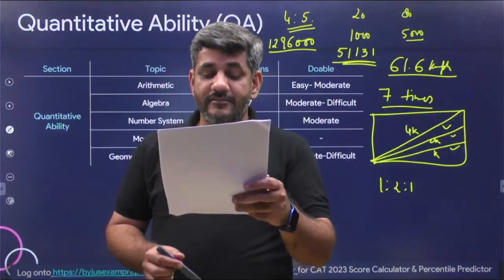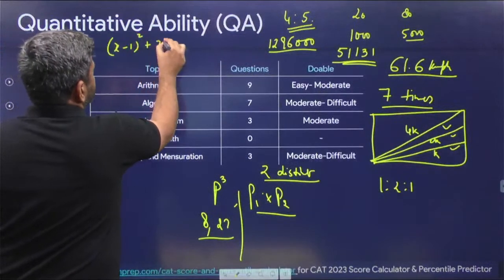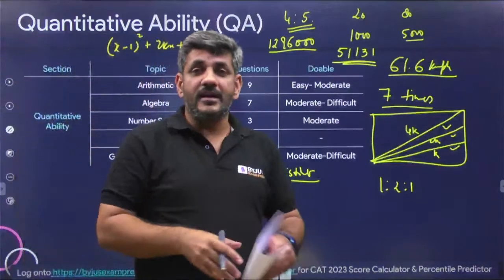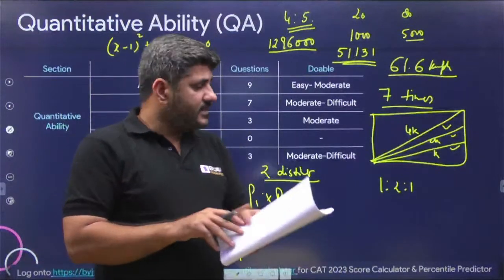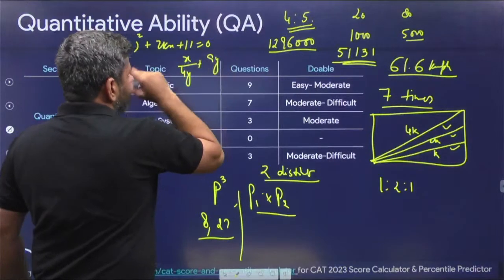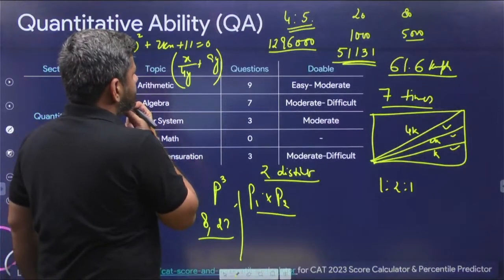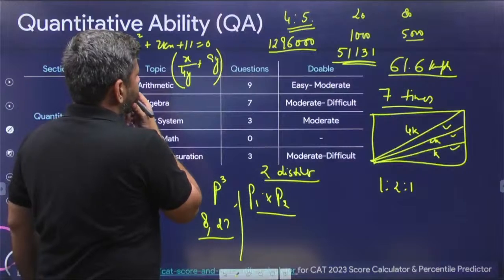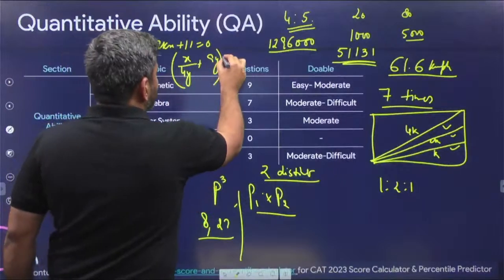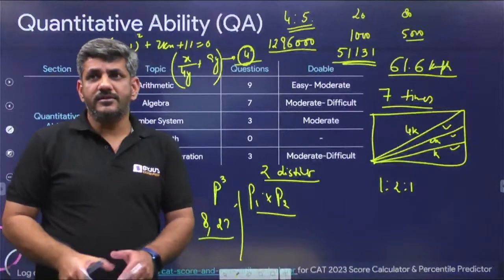Let k be the largest positive integer such that x minus 1 ka square plus 2kx plus 11 is equal to 0. A question which was not worth doing during the exam. आपको नहीं करना चाहिए था मेरे ख्याल से. तो इसका जो correct answer आया था, question asked about x by 4y plus 9y. इसकी minimum value उसने पूछी थी. And the minimum value I got as, क्या आया था मुझे याद नहीं आ रहा है. x की वैल्यू तो 4 आई थी. I think 4 was the answer, है ना? Did you guys also get 4 as the answer? As far as I remember, the answer for this question was 4.